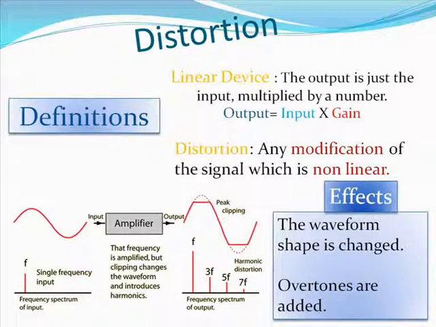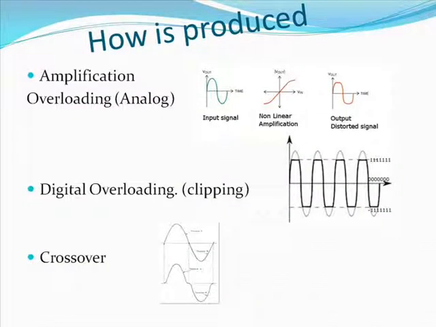A linear device is one in which the output is just the input multiplied by a number. Distortion is any modification of the signal which is nonlinear. The effects of distortion is that the waveform shape is changed and overtones are added to the signal. Distortion is produced by overloading an amplification stage. It can also be produced by digital overloading, and also there is a crossover distortion which some amplifiers make in the